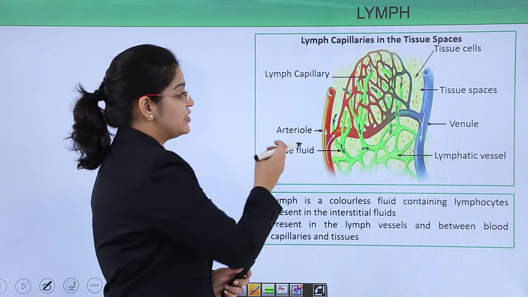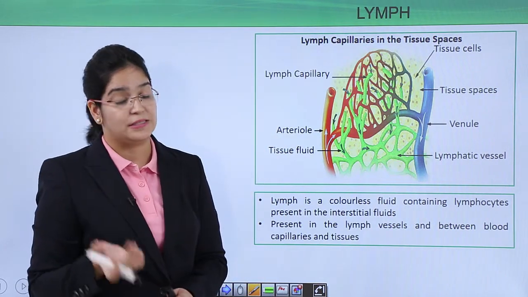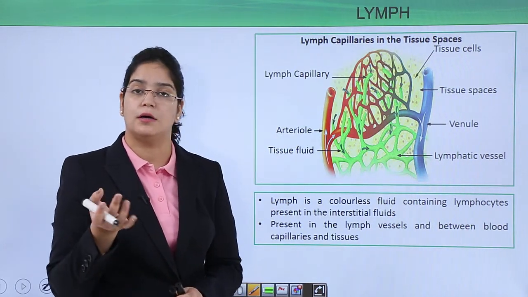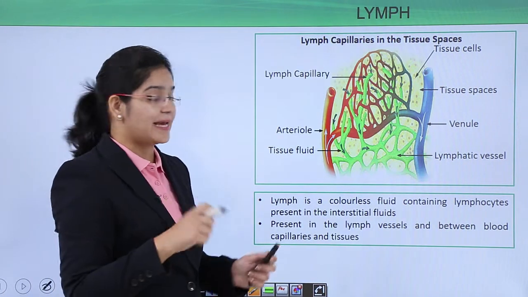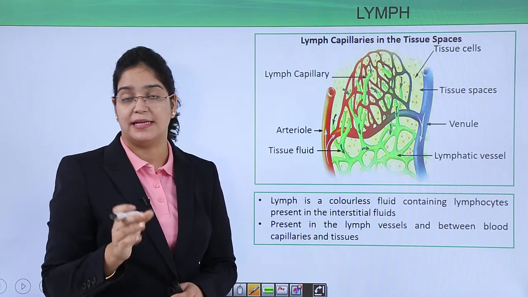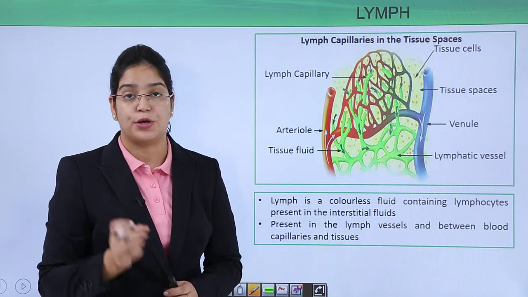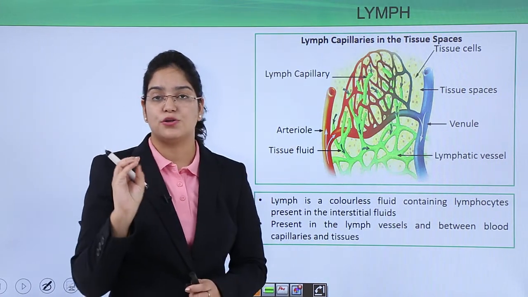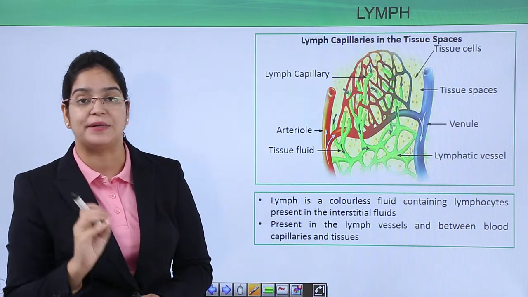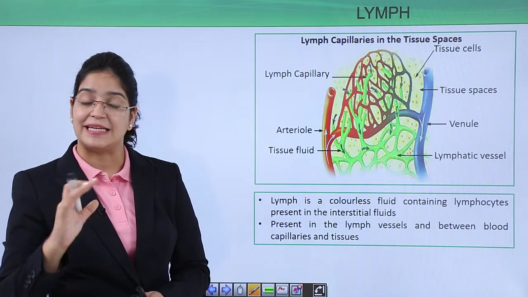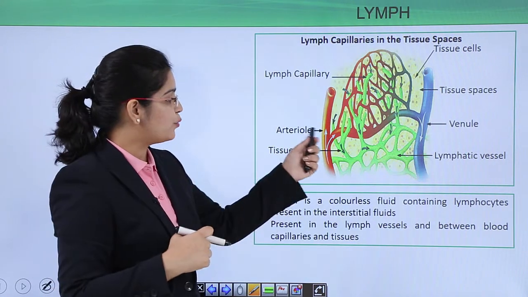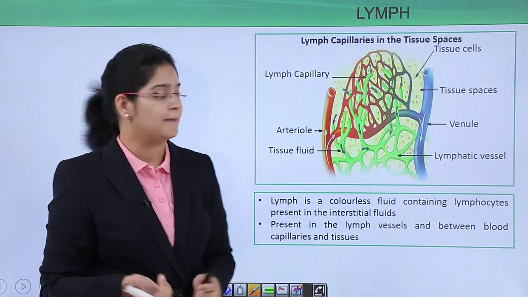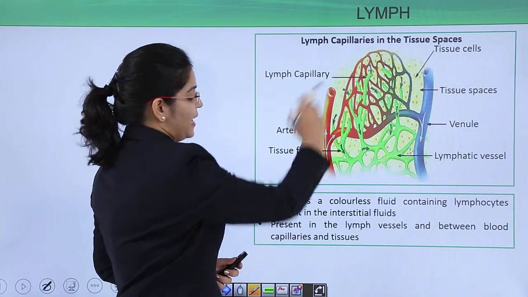Now the filtration will occur of few plasma, few proteins and WBC. RBC cannot move out because it's a larger cell. Then why can WBC move? Because we know WBC shows a special feature known as diapedesis. Diapedesis means WBC can easily change its shape and squeeze out of the capillaries,